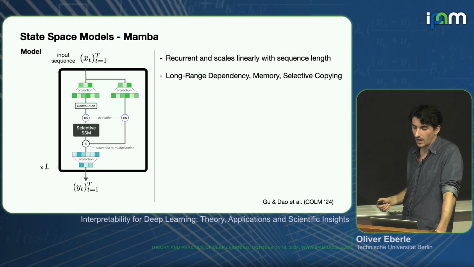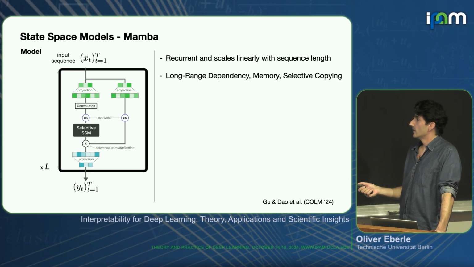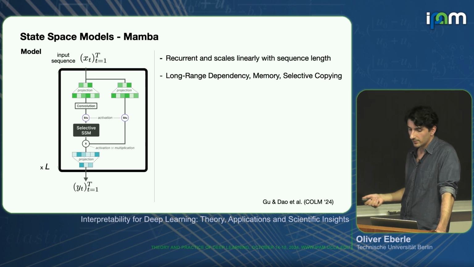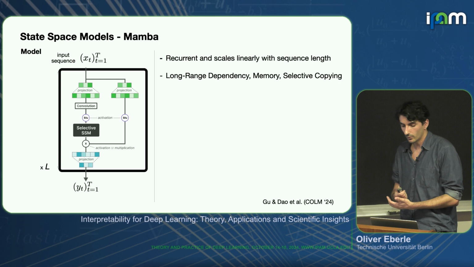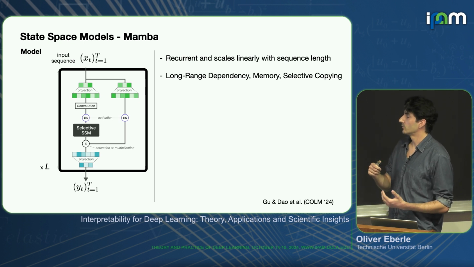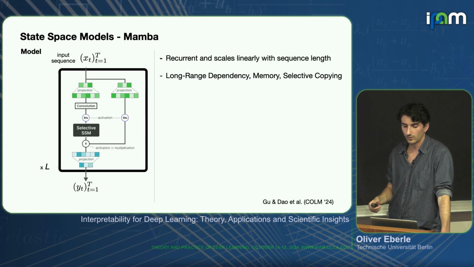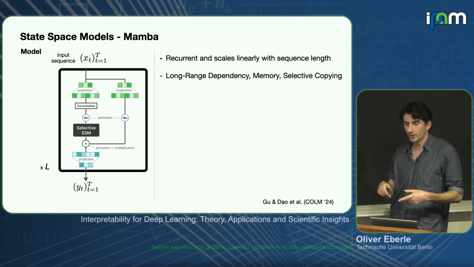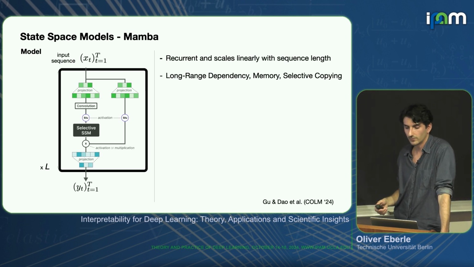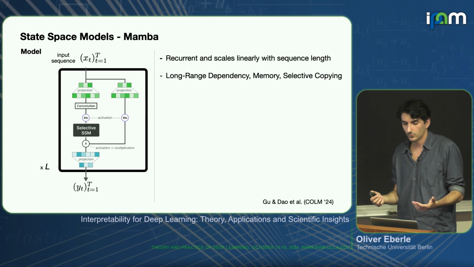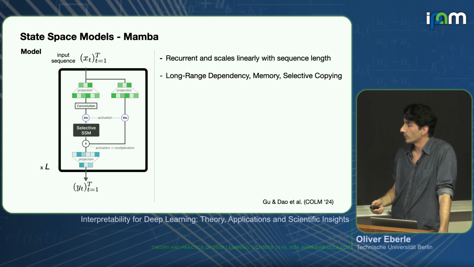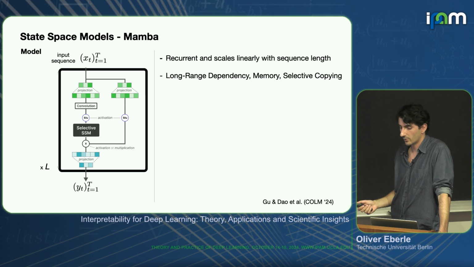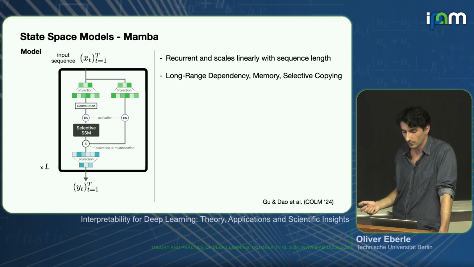And it's argued to be able to solve problems that require long-range dependency. It also has more efficient memory storage and selective copying. So it addresses some of the basic concerns that transformers always struggled with, because they have these full attention matrices where you have to basically represent each token to each other token in some way. And this, of course, comes with scaling limits. So Mamba has this different approach where you go through each sequence element recurrently.